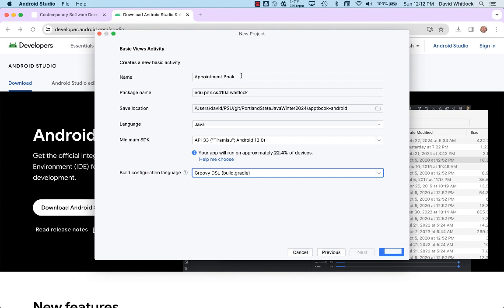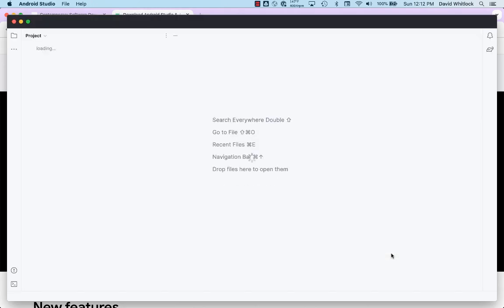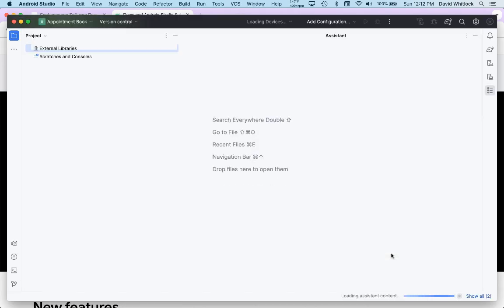Okay, I'm just going to double check this. Name is appointment book. That is the package. It's going to be in my winter 2024 appointment book Android. It's going to be in Java. Use API 33 and use the Groovy DSL. Okay. So I'll finish this. Okay, and now it will create